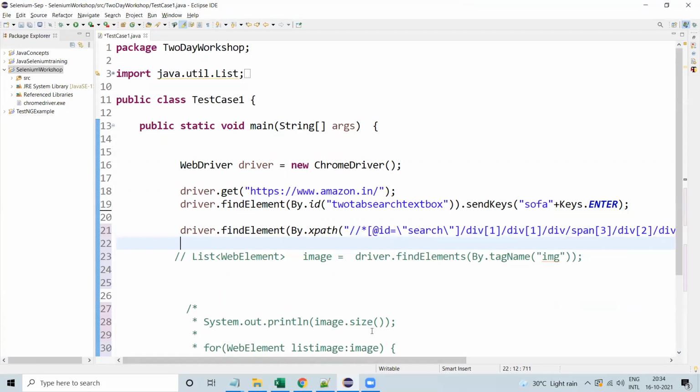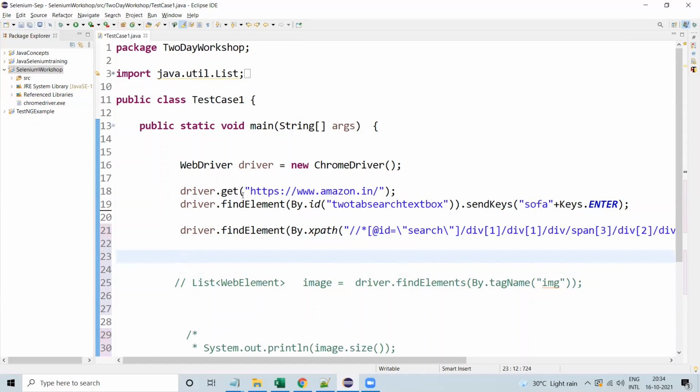So at that time what do we need to do? We have to handle multiple windows. So what is a window handle actually? While running the script, WebDriver is controlling the page with a handle. Handle means a unique identifier for the web page. That is different every time you open the page, even if it is the same URL, right? So WebDriver is handling this unique ID, retrieving the unique ID. Using that ID, we need to handle the different windows. We can move from one window to another window. So how to do that?